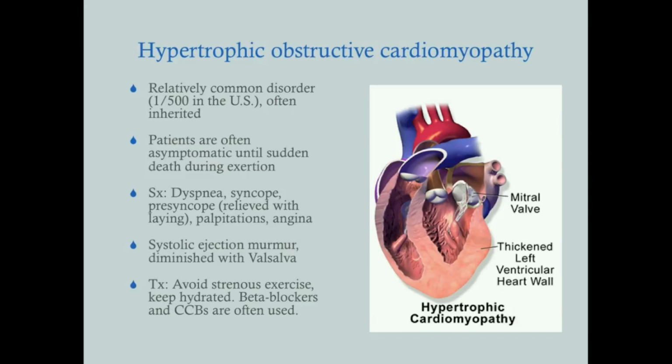The treatment for hypertrophic obstructive cardiomyopathy, alongside avoiding strenuous activity and remaining hydrated, is beta blockers. So something like Inderal, which will manage the angina and the dyspnea. Calcium channel blockers are also often used, but they're second-line agents and typically used for patients who are refractory to